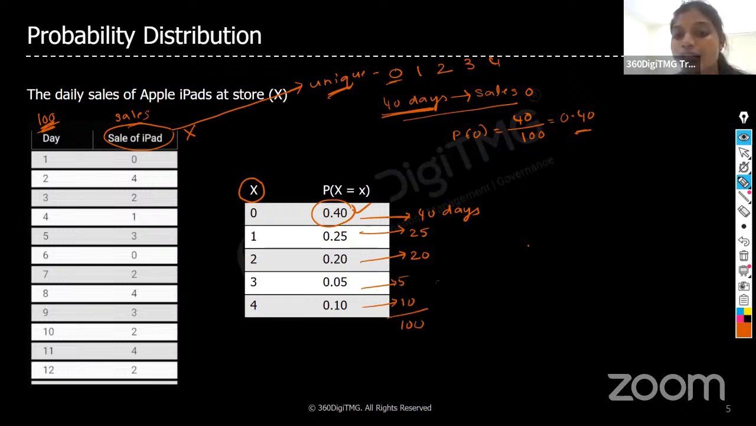So 40, 50, 60, 70, 80, 90, and 100. So total 100 days of data is present. Out of these, 40 days are having 0 sales, 25 days are having 1 sale of iPad, 20 days are having 2 sales of iPad, and 5 days are having 3, and 10 days are having 4. So these are the data, and for each and every unique number present in the sales, I have found the